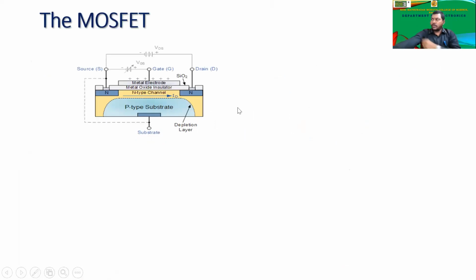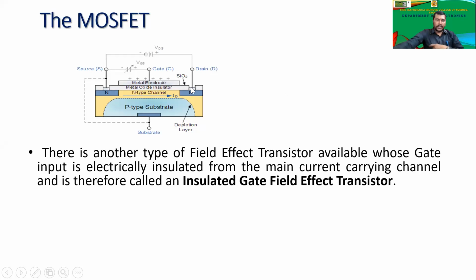So this is the basic structure of the depletion MOSFET. We have already studied this. We have two heavily doped n-type materials placed on either side, one which we call the source and the other which we call the drain, right? And there is one metal oxide insulator, SiO2, kept on it, and above that we have a metal electrode, right? We studied this structure in the enhancement MOSFET also, but now what we have done is we have doped an N-type channel over here.